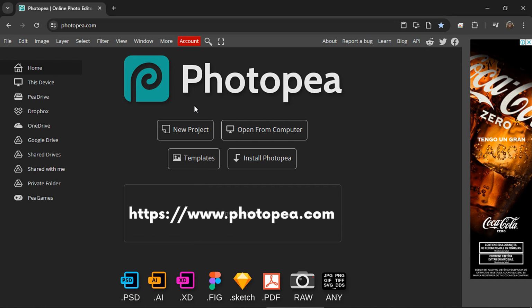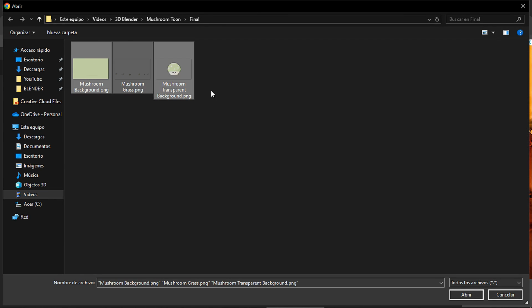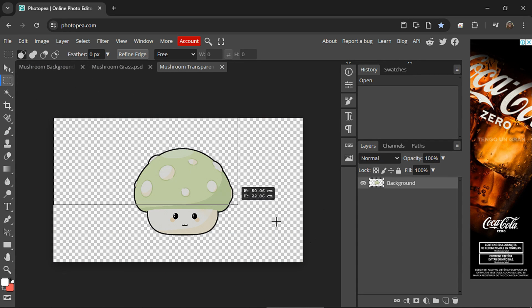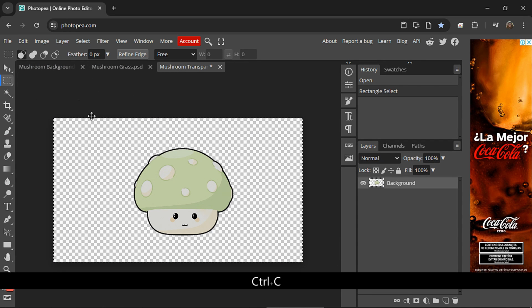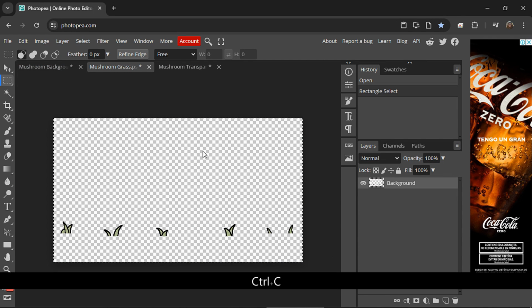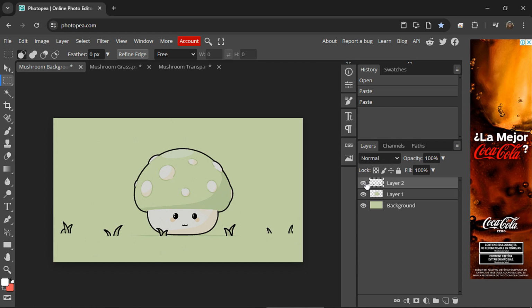Just go to photopea.com and import the images we rendered. Select using the rectangle select tool, Ctrl C, go to the background and Ctrl V, and do the same for the other image. And here we have our 3 layers.